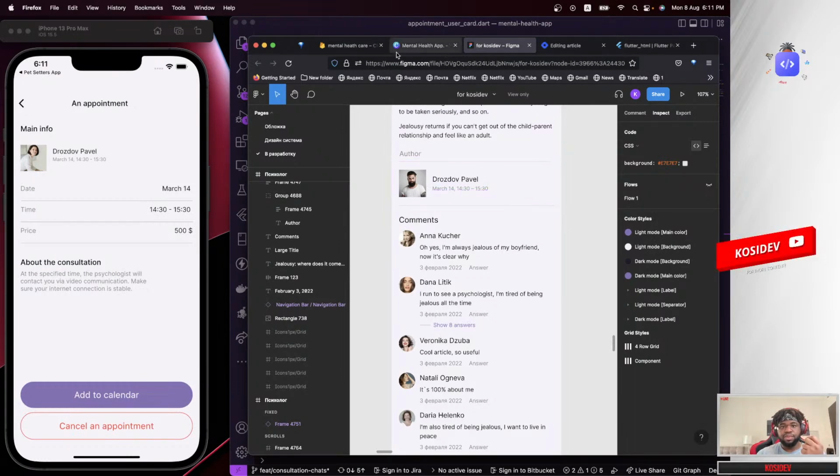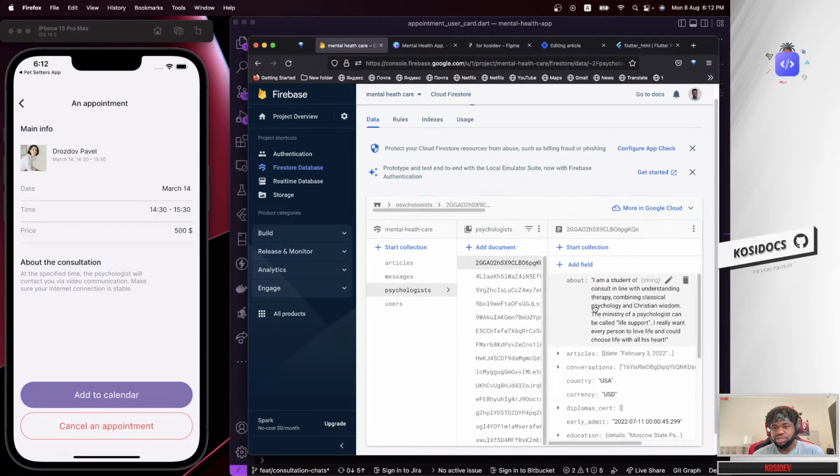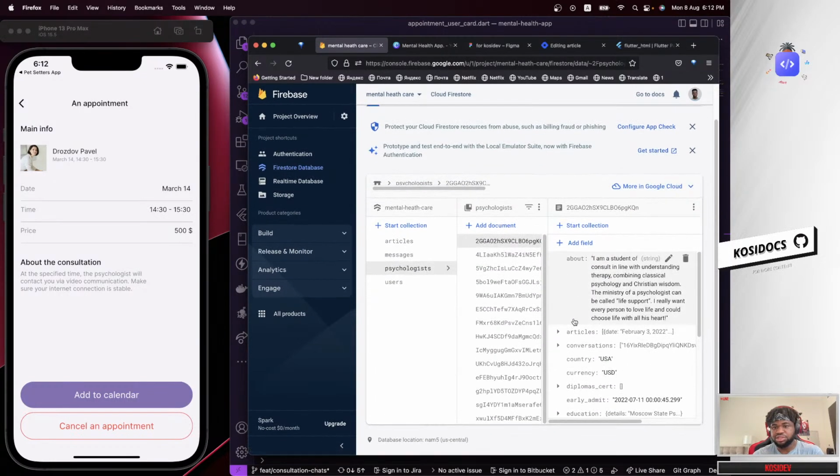I can hard code it for most of the psychologists here and work with that. But remember that whenever we create a new psychologist or when a psychologist registers, we have to get those properties and upload them to the database. So right here I could actually add, let me say